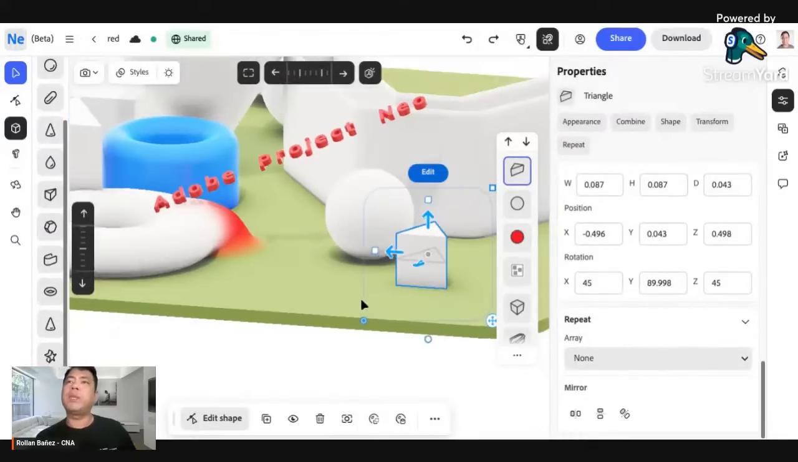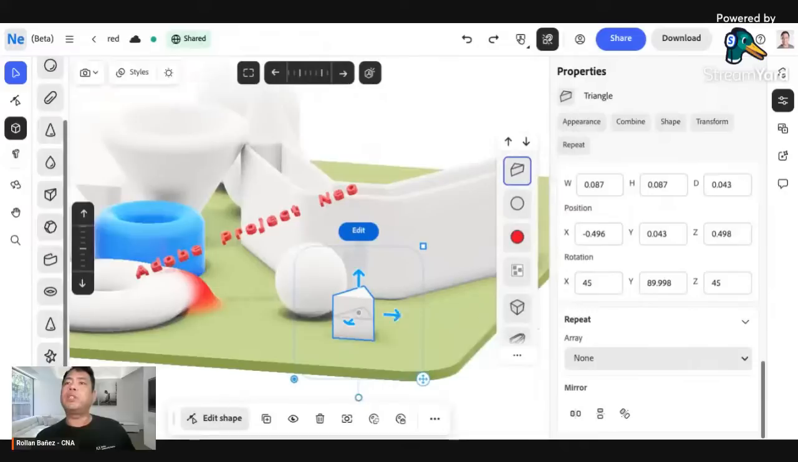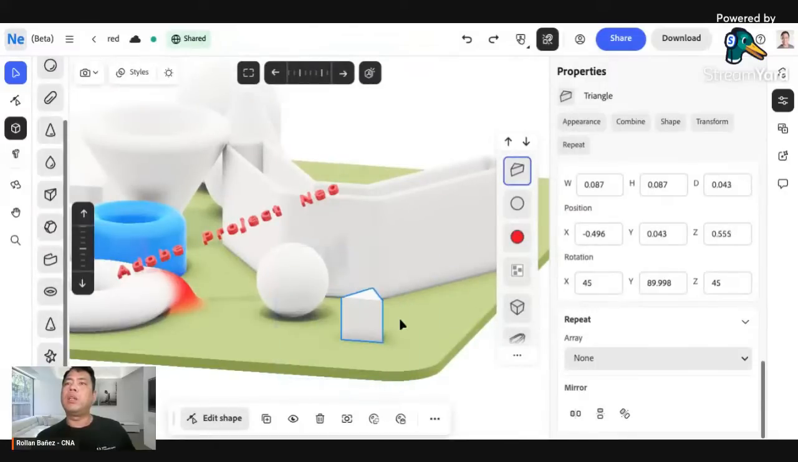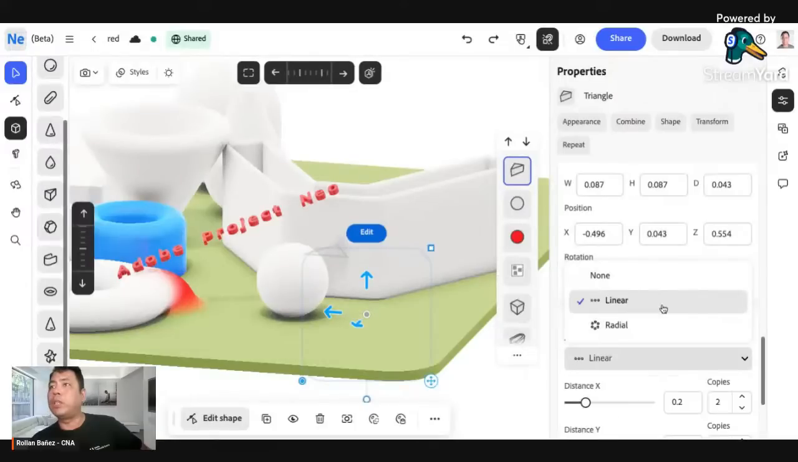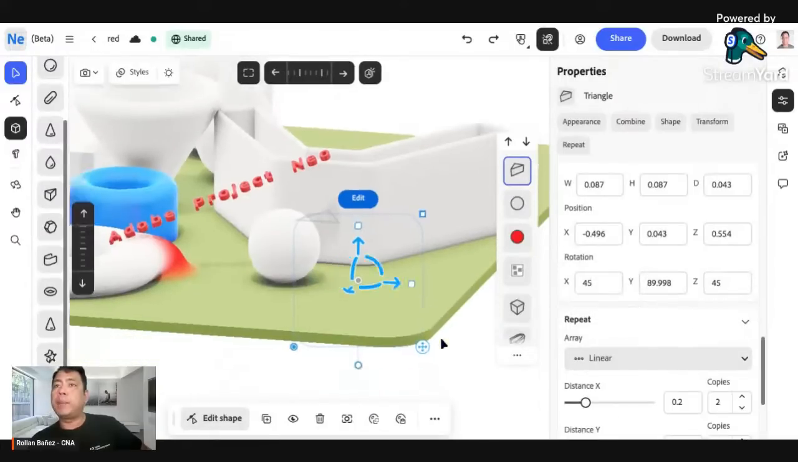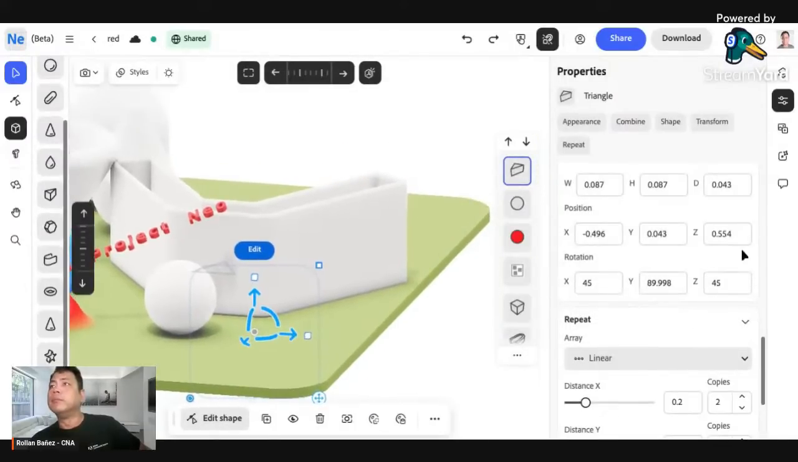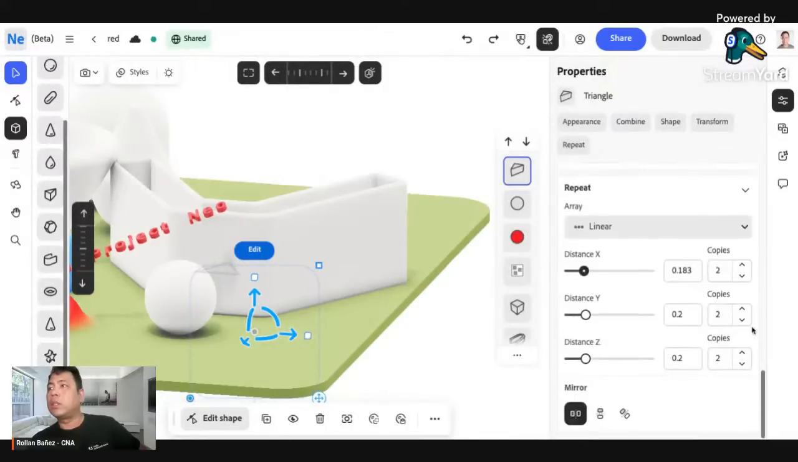Okay, so para saan yung repeat function? The repeat function enables you, para hindi na kayo nagduduplicate na nagduduplicate. Diba? So if I want, I can click on mirror here, like this one. I can use the array, for example, linear. So what happens here? Let's check the distance here. You can use the distance. You can create the copies. Let's make this like,